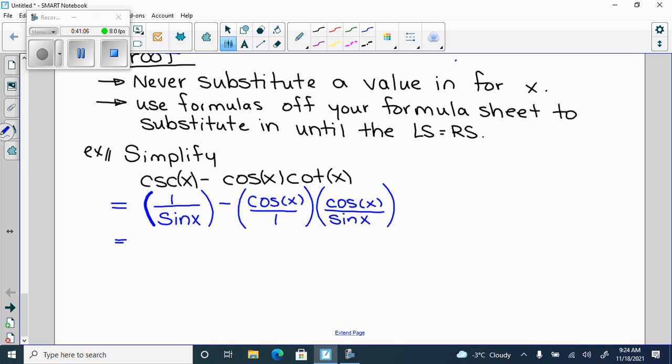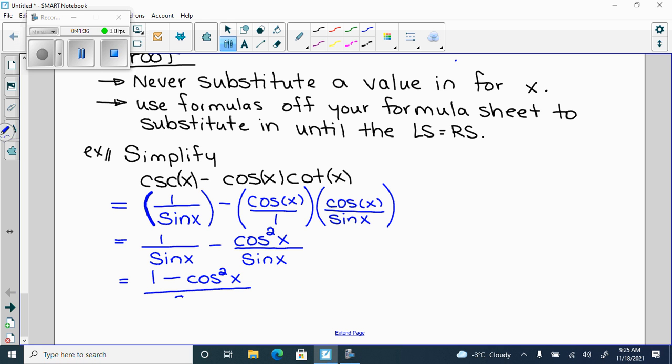Then I want to simplify it out, so I go 1 over sine x minus cos times cos is cos squared x. Remember, the squared falls in the middle, not at the back. That would be an x squared. When the squared's in the middle between the cos and the x, that means you have 2 coses multiplied together, like a cos x and a cos x, over sine x. Now, what do these both have the denominator of? Sine, so they have a common denominator, correct? So I can just write 1 minus cos squared x